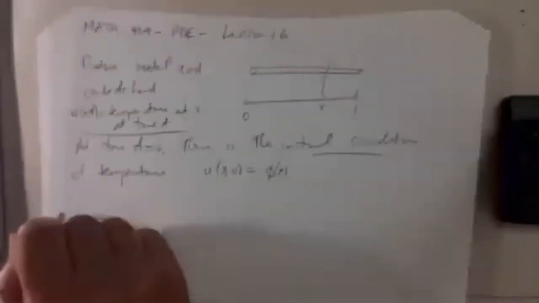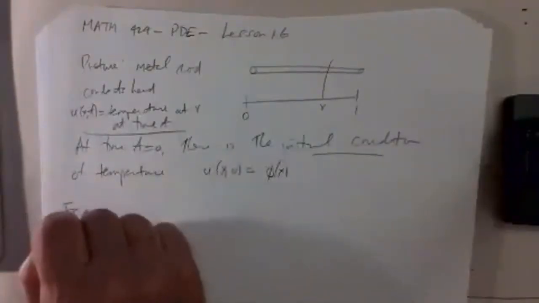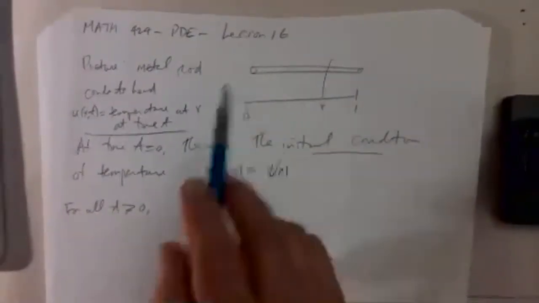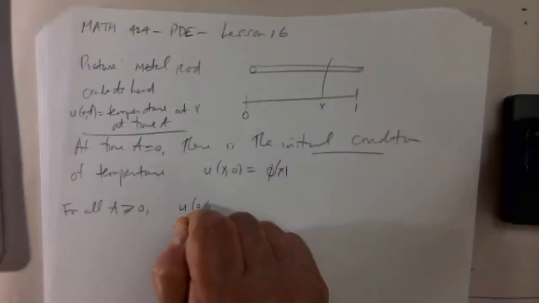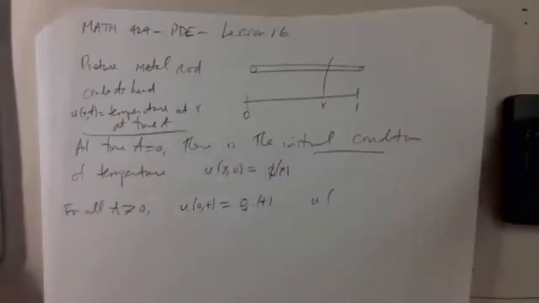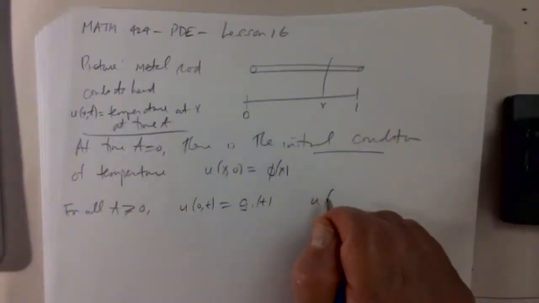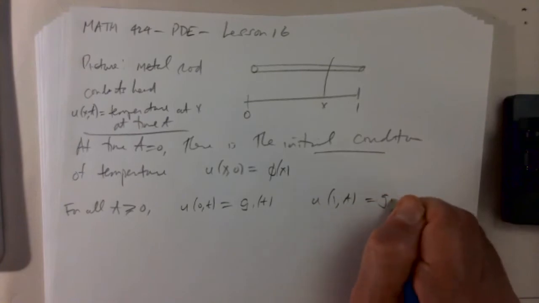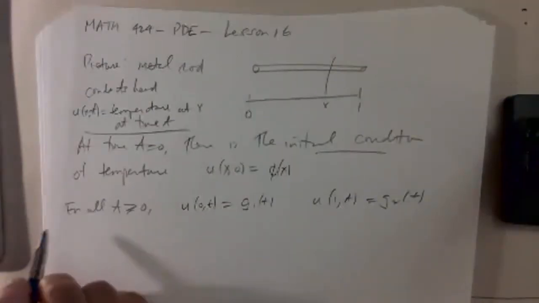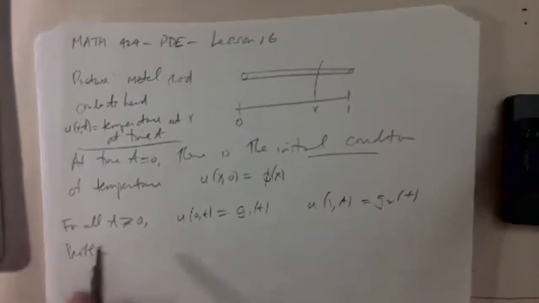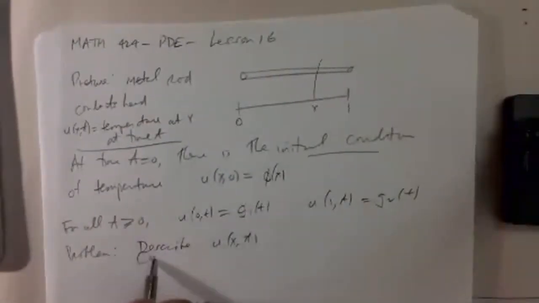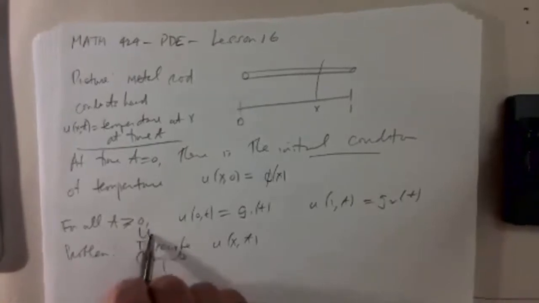There's also a boundary condition. So for all t greater than or equal to 0, the temperature at the boundary, meaning the ends of the rod: u at position 0 at time t is something, g1 of t, and u at the end of the rod, 1 at time t, is some other function of t. And the problem is to describe u of x,t, or compute u of x,t, or understand